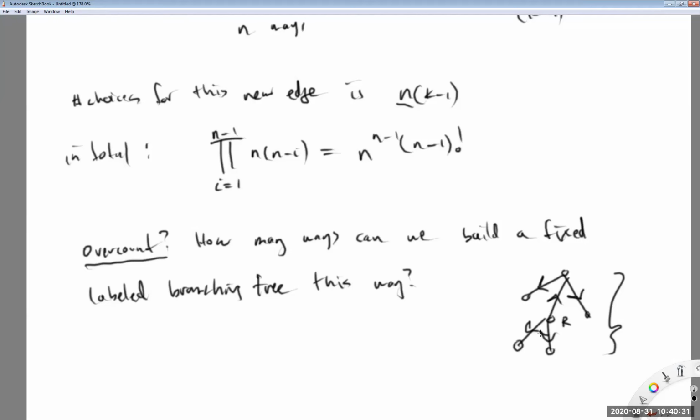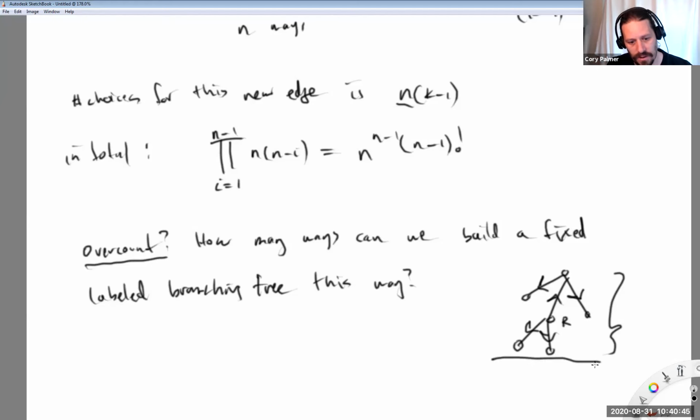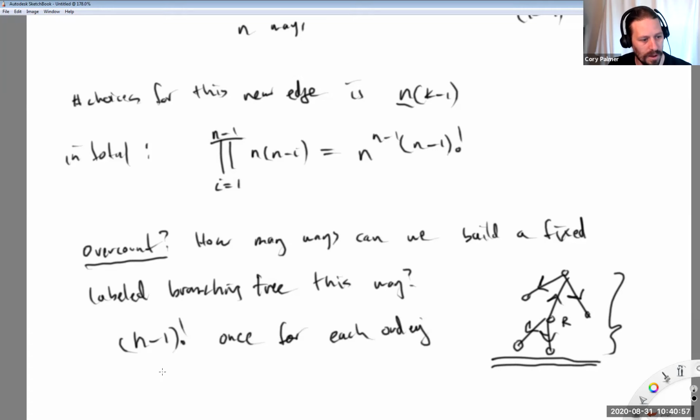So one thing we have to take away is we didn't overcount by n. We overcounted the labeled trees by n, but we're not counting labeled trees yet. We're just counting labeled branching forests or branching trees. So the root is there. But if I want to count this guy here, I've counted it in n minus 1 factorial ways, once for each ordering of the edges